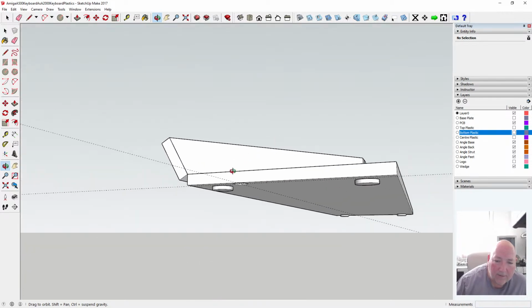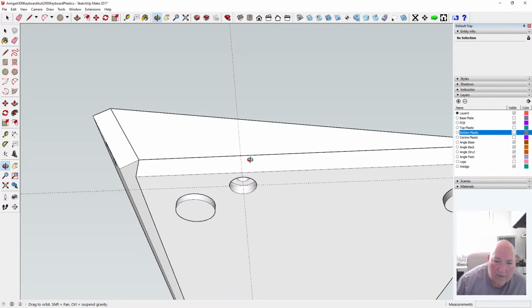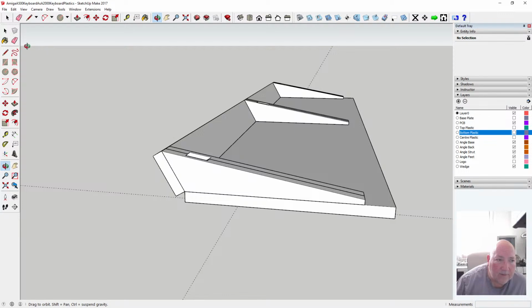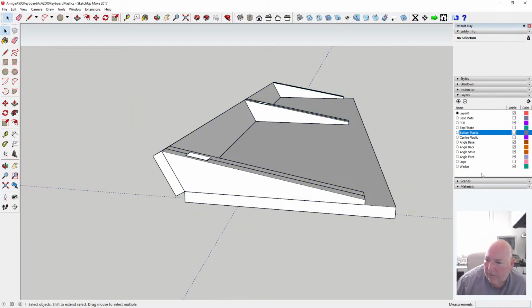So I need to hide those for a minute. The struts, angle strut. They're not actually attached to anything, so